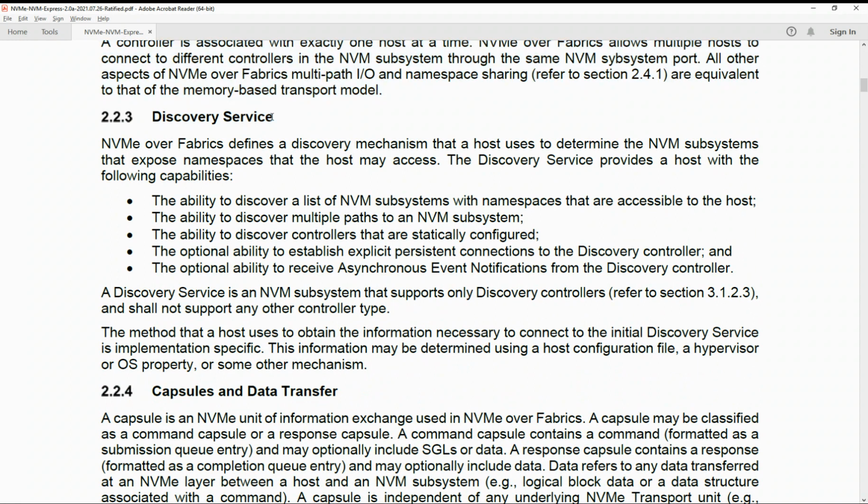2.2.3 Discovery Service. NVMe over Fabrics defines a discovery mechanism that a host uses to determine the NVMe subsystems that expose namespaces that the host may access. The discovery service provides a host with the following capabilities: the ability to discover a list of NVM subsystems with the namespaces that are accessible to the host; the ability to discover multiple paths to an NVM subsystem; the ability to discover controllers that are statically configured;